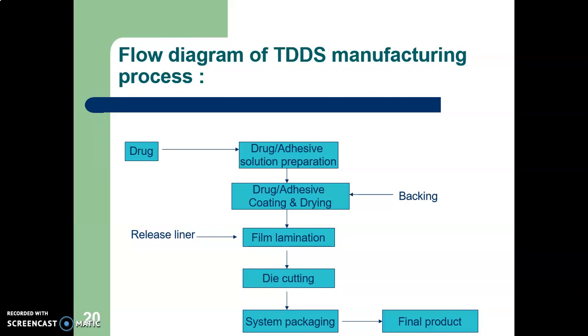In the manufacturing process, first the drug and adhesive solution is prepared by adding the drug material into the adhesive solution. After that, the drug adhesive solution is coated on the backing membrane, and this backing membrane containing drug adhesive solution is dried at a particular temperature. After drying, this backing membrane containing the drug adhesive solution is laminated using the release liner,